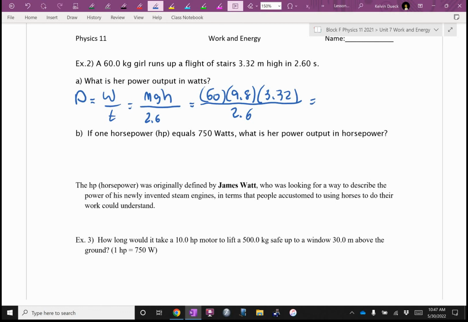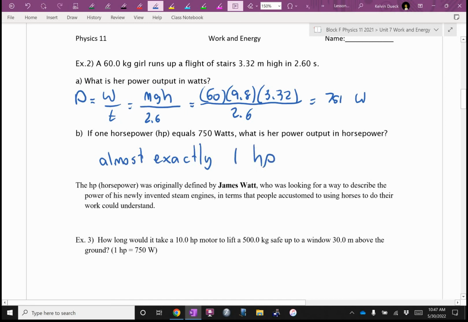Ella, what'd you get? 700, I'll call it 751. Power's measured in watt? Good. If 1 horsepower equals 750 watts, what's her power output in horsepower? Almost exactly 1 horsepower. In other words, all of you are capable of putting out about 1 horsepower for a reasonable amount